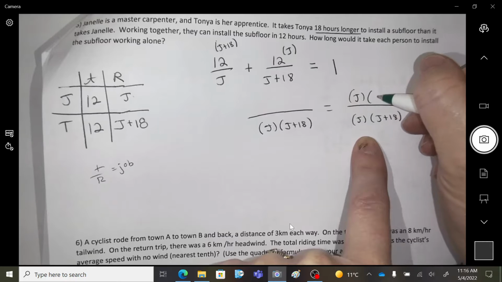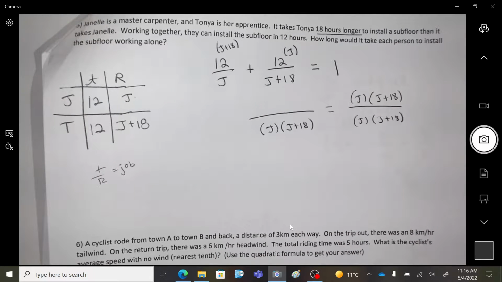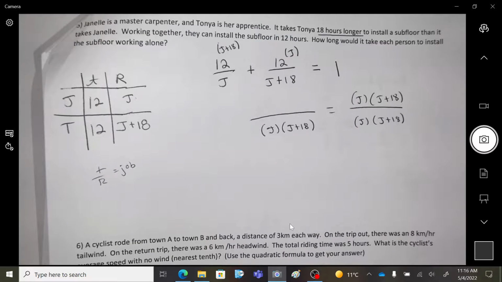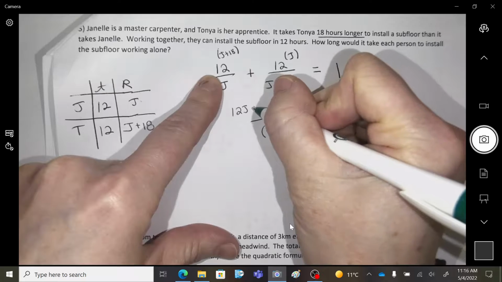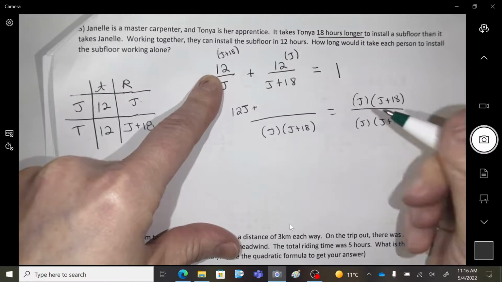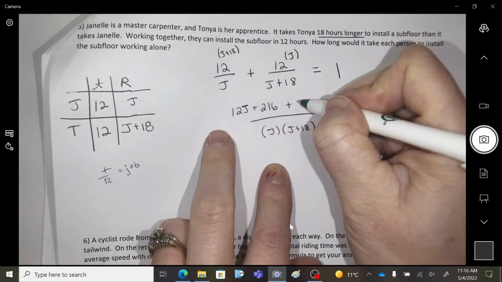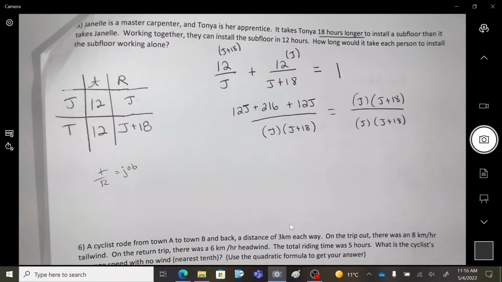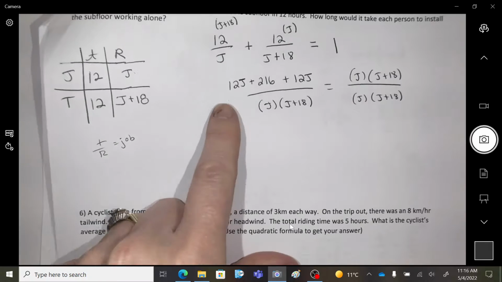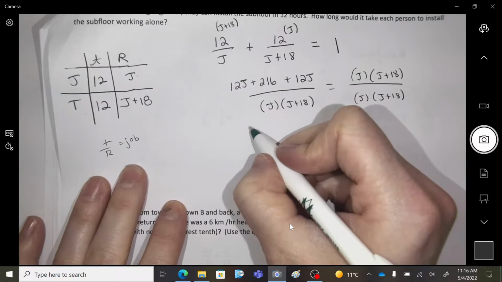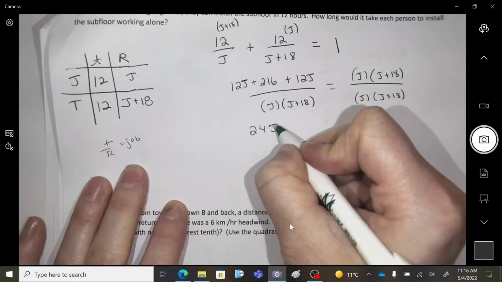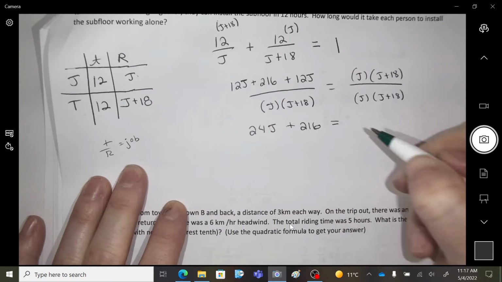And then when I write the 1, I'm just going to think the same thing over the same thing. Or you can think, what do I multiply by? You had to multiply by everything. Okay, so here we go. 12j. I saw some calculators pop out. Did anybody do that one already? 12 times 18? 216 plus 12j. Okay, drop the bottoms now. So the top, which is, can I put the 12j's together? 24j plus 216 equals,